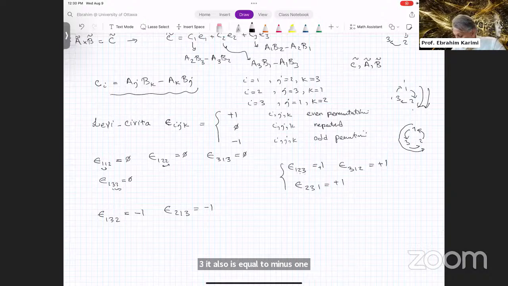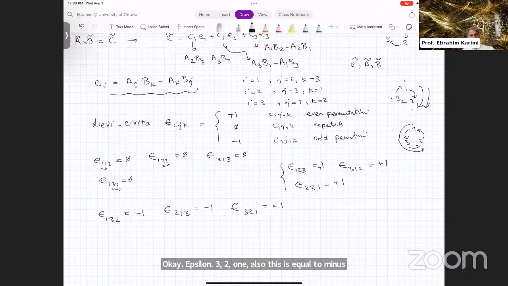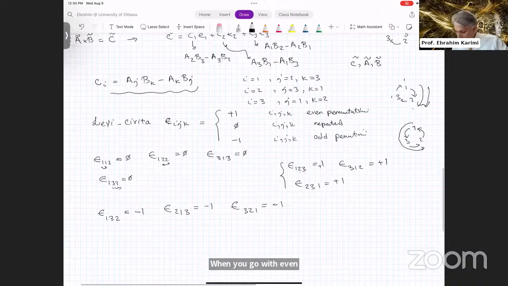Epsilon 3, 2, 1 is equal to -1. So whenever you go with an odd permutation, the result is -1. When you go with an even permutation, the result is +1. So if you